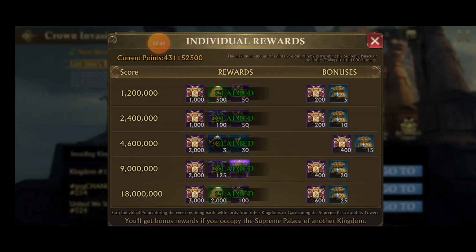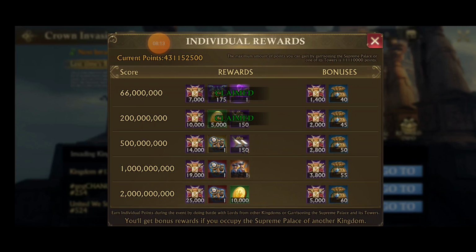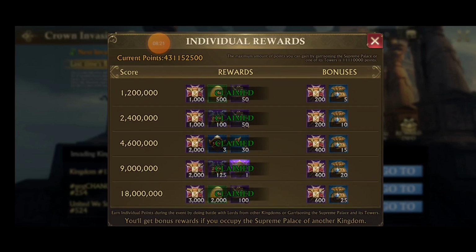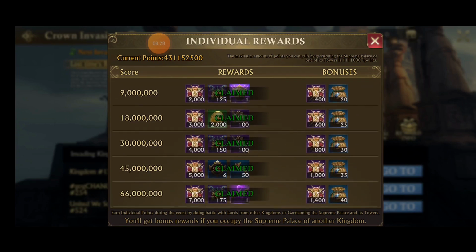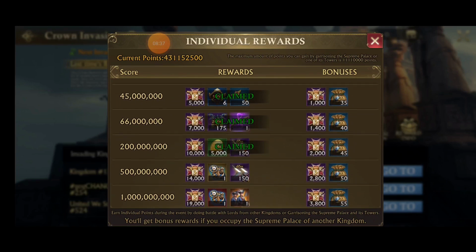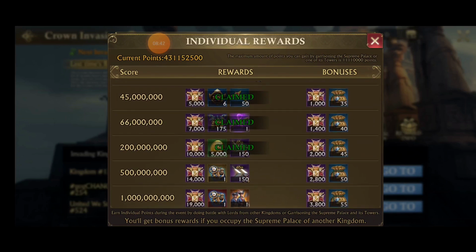Now, with that being said, if you are going to conquer another kingdom, you should go ham and try to get as many points as you can, because there's a lot of extra bonus badges and resources on the bonuses side. So adding up scores, going through, you get 4,000, 6,000, 9,000, 13,000, 18,000, 23,000. So you get 23,000 badges to get to the 66 million tier, and then 200 gets you to,